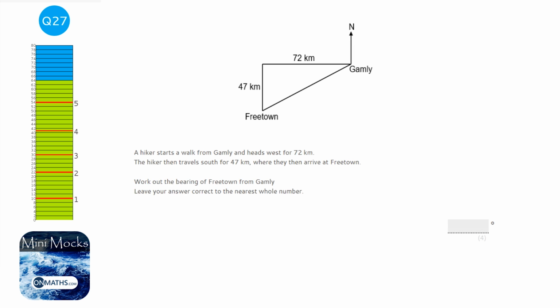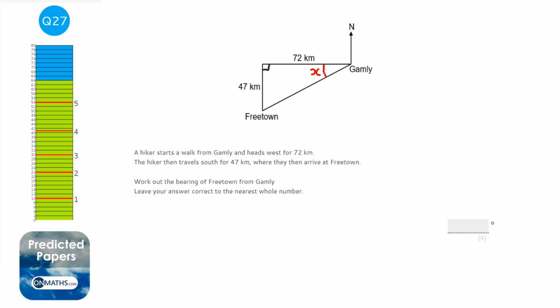Okay, so this question, it looks like a standard bearings question, but something you might notice is there's no angles in it. So if there's no angles in it, we need something else, and that something else is going to involve the right angled triangle here. So we can see there's a right angled triangle here, and we know that when we've got a right angled triangle, we've got two sides, we can find an angle with trigonometry. I'm going to call this angle x.